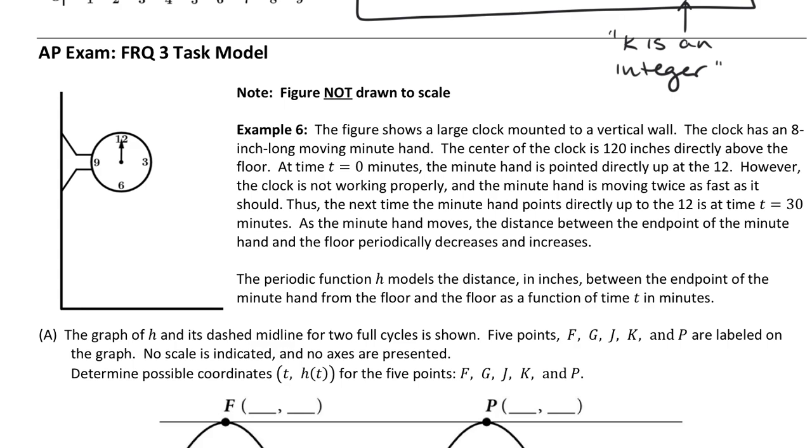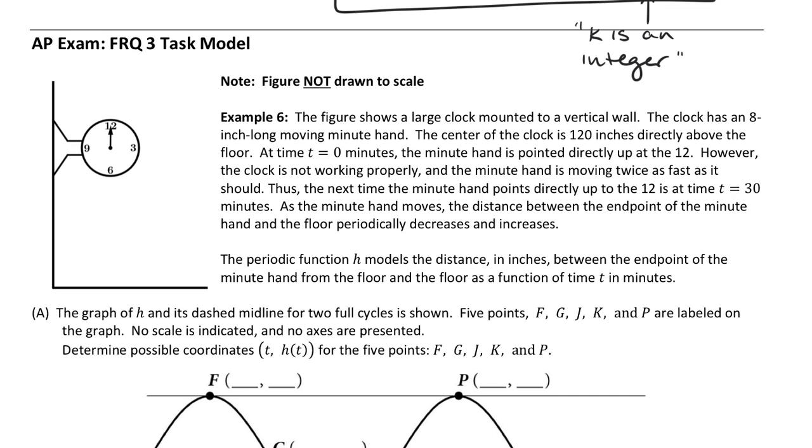It says, the figure shows a large clock mounted to a vertical wall. The clock has an 8-inch long moving minute hand. The center of the clock is 120 inches directly above the floor. At time 0 minutes, the minute hand is pointed directly up to the 12. However, the clock is not working properly, and the minute hand is moving twice as fast as it should. Thus, the next time the minute hand points directly up to the 12 is at time 30 minutes. As the minute hand moves, the distance between the endpoint of the minute hand and the floor periodically decreases and